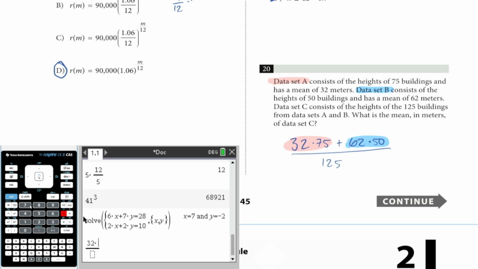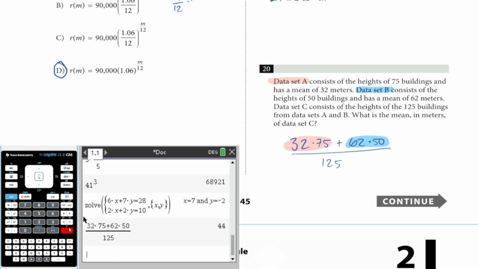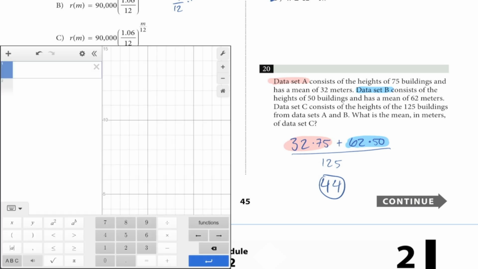32 times 75 plus 62 times 50 over 125. So we get 44. So I'll show you in Desmos why this doesn't work, even though, again, most mean questions we can probably use in Desmos. Is because if I just did mean and I started trying to type what I was going to,